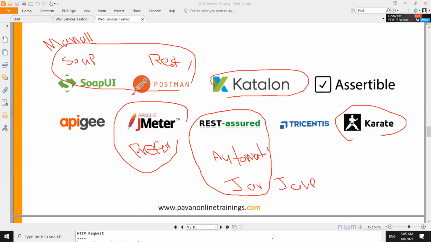JMeter is another concept from Apache, and we do performance testing with it. And mainly we use Postman and SOAP UI to do manual testing, and we can also do SOAP and REST with SOAP UI, and also we can do SOAP and REST with Postman. But normally with Postman we use REST, and with SOAP UI we use this. Okay,